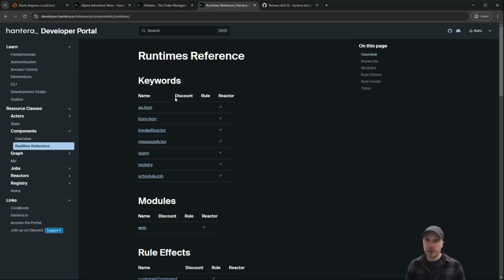Basically, discount is the most restricted runtime there is, rule being a little bit more open, and reactor being obviously the most powerful one. The reasons for this are quite technical, but essentially it has to do with when they are executed, right? So